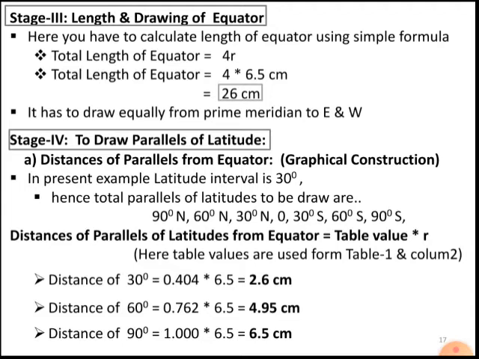So for that, we know the formula. Here we are going to use the table value from the first stage. The distance of the parallel of latitude from the equator is equal to table value multiplied by r. Now here the table values are used from table 1 column 2 because I am going to use small r, right? So the distance of 30 degrees from the equator is equal to